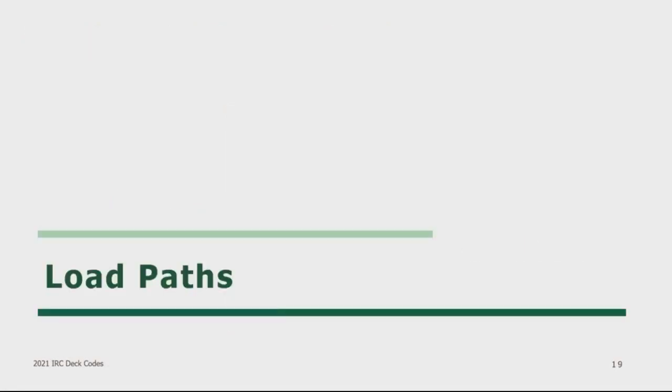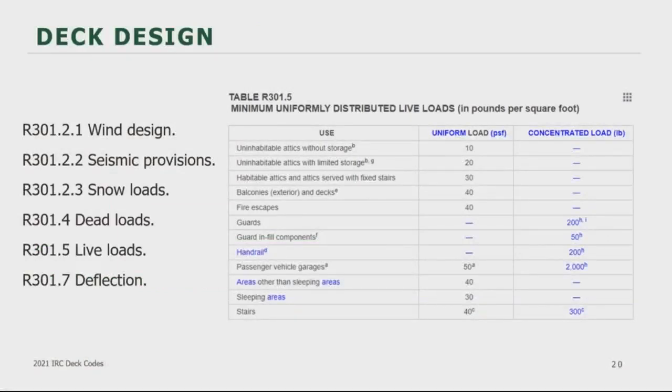All right, moving on from the administrative provisions, let's talk briefly about loads that act on a deck. A new sentence was added to section R507.1 in the 2021 IRC. It reads, "Decks shall be designed for the live load requirements of R301.5 or the ground snow requirements indicated in table R301.2, whichever is greater." Now also listed in table